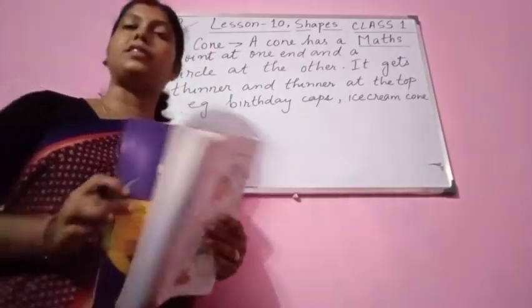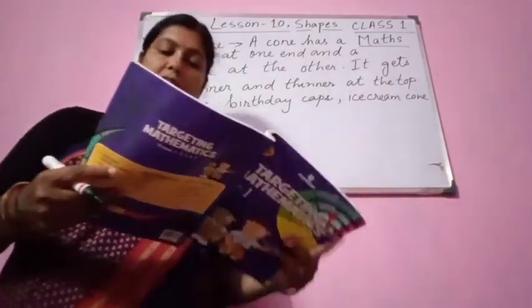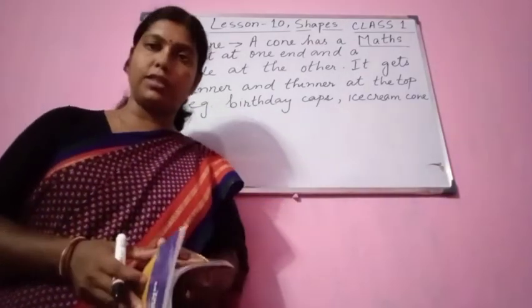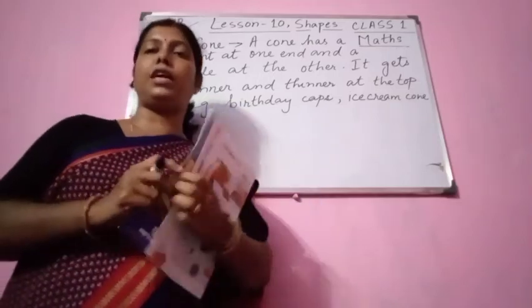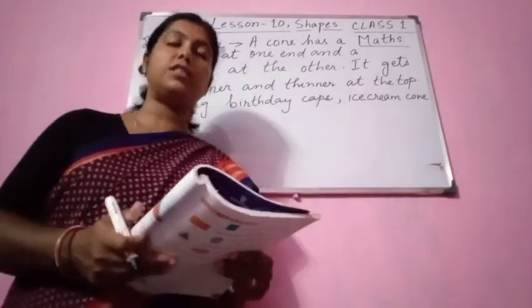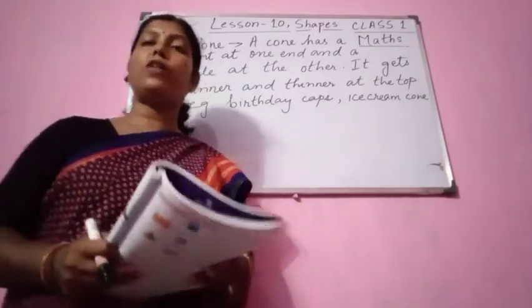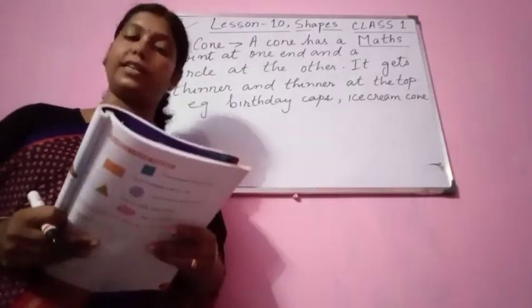Now children, page 67, I already said you to trace and color these shapes. In the book itself you are going to do this. Trace and color the shapes. Now you see, next page you turn, that is rolling and sliding. We are going to discuss rolling and sliding today.